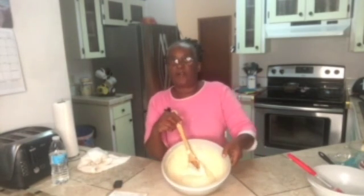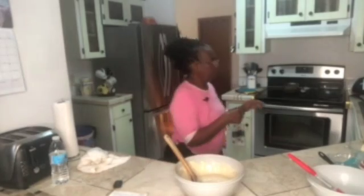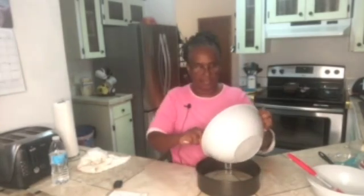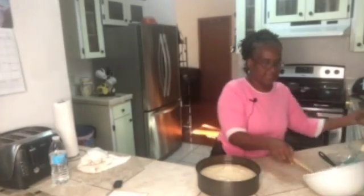So there we go. It's all mixed up. Now we have a spring pan that I've prepared. We're going to put this into our pan. We've got everything out of there. Set it aside